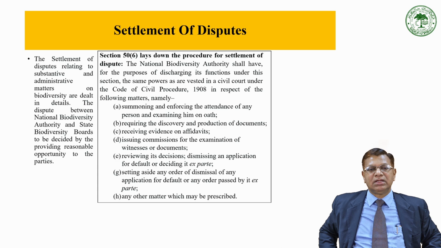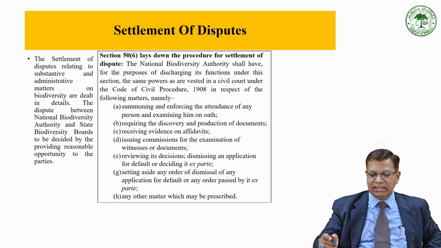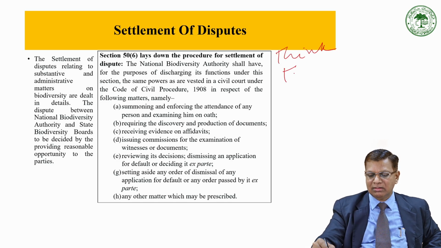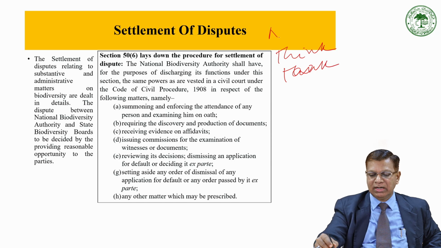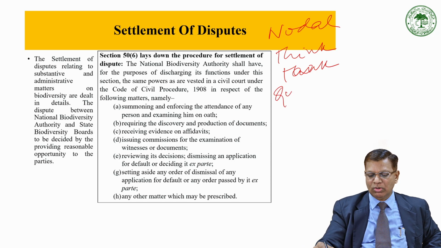In this reference, a perusal of Section 50, sub-clause 6, which lays down the procedure for settlement of disputes, envisages that the National Biodiversity Authority shall have, for the purpose of discharging its functions under this section, the same powers as vested in a civil court. So the NBA is not only a think tank, not only a nodal agency, but it becomes a quasi-judicial body in matters of adjudicating disputes,